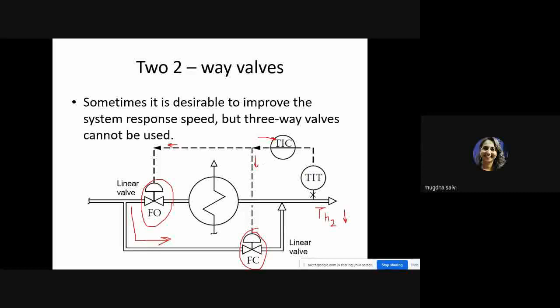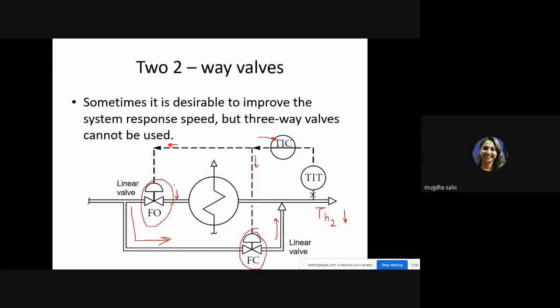It gives a signal to the fail to close valve as well as to the fail to open valve. Obviously, when this TH2 temperature drops, there will be a necessity of increasing the temperature. That means I will have to reduce the flow of liquid passing through the heat exchanger, as well as have some liquid mixed into my outlet line. So the same signal coming from here will act differently on both control valves.